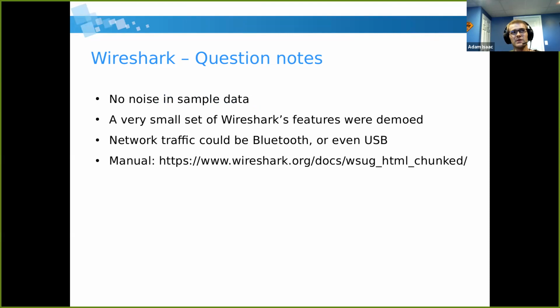Part of the battle is having to hunt through the information, all of the ARP requests, all of the background traffic going on in the network to find what you want. Usually you're going to want to accomplish that with filters and things of that nature. I've also covered a very small set of Wireshark's features here. Wireshark is capable of many, many other things, including extracting unencrypted files from the network traffic,